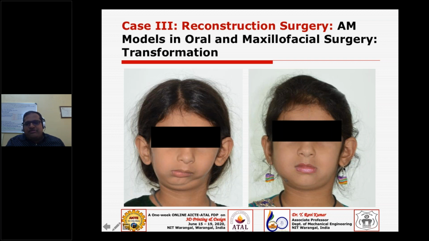But still you can find some kind of deviation. Absolutely, yes, you are correct. Why? Because bone growth will continue up to the teenage years, so we should not correct 100% now. It is now over-corrected. Once she turns a teenager, a final setting of the surgery should be done. So at least some kind of symmetry has been attained. This is the case, and again we used these 3D printed models only for planning the surgery.